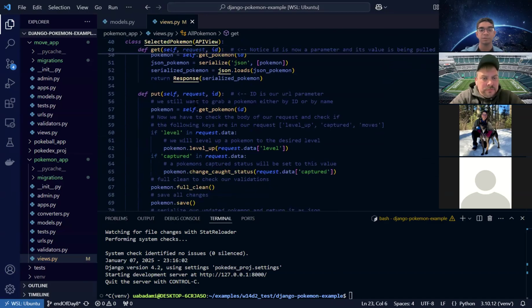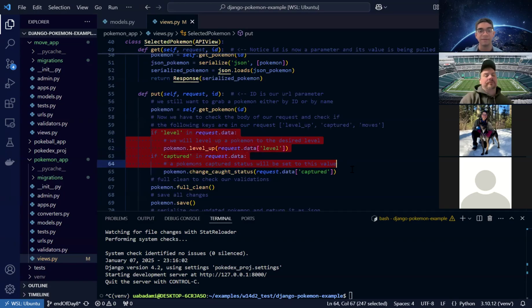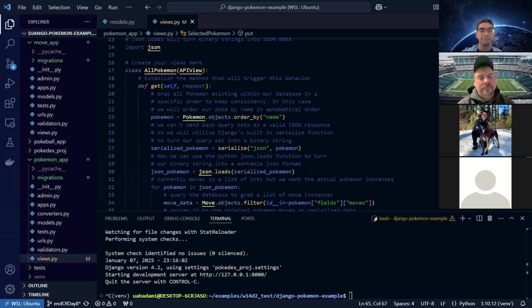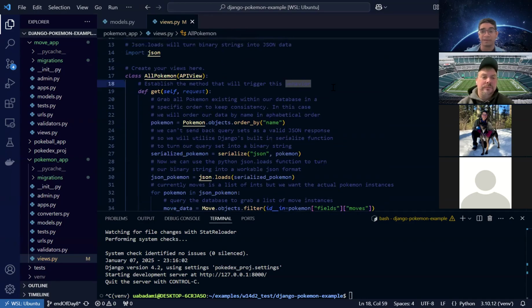If we are trying to update or make a put request, we need to get a specific Pokemon by its ID. Once we retrieve our Pokemon objects, we then need to make whatever changes we need to make to them. So in this case, you can update the level or the captured status. But if we're just retrieving Pokemon, we don't have to make any changes. Once we've gotten and fiddled with our Pokemon a little bit, now we have something that can be returned and updated in our database. So firstly, we need to serialize our Pokemon, as it says here, using the serializer,